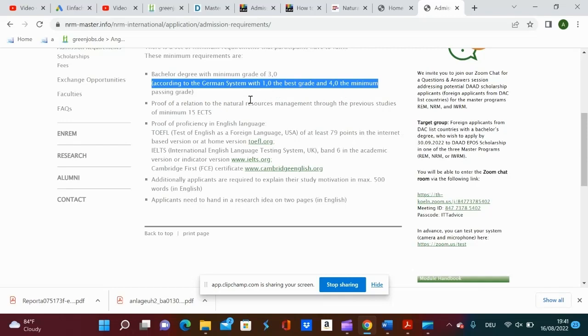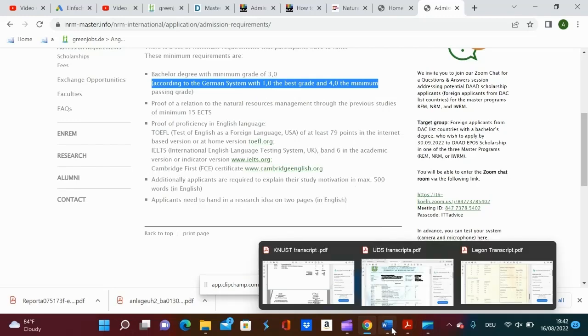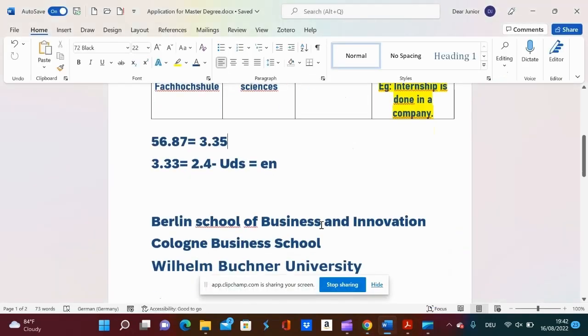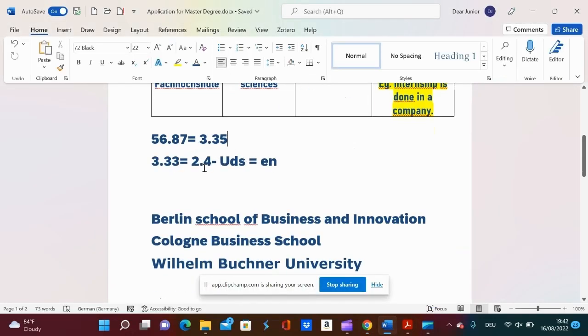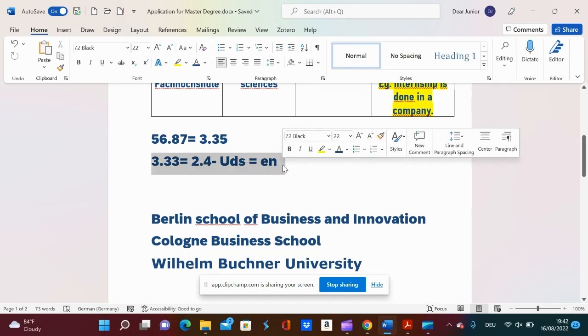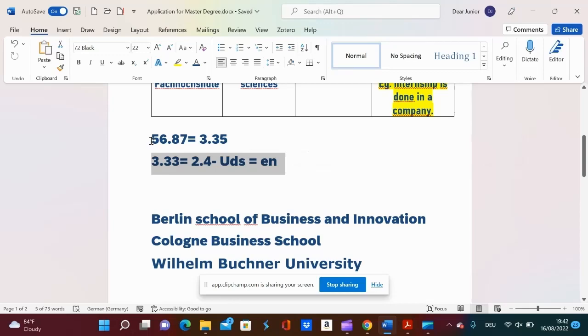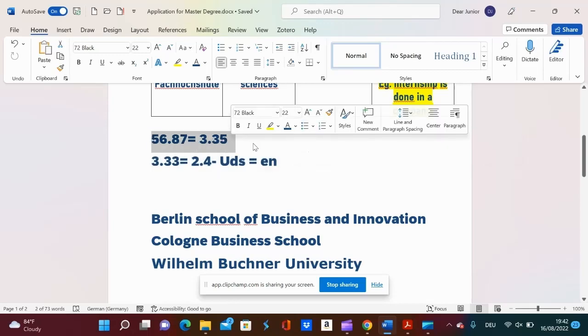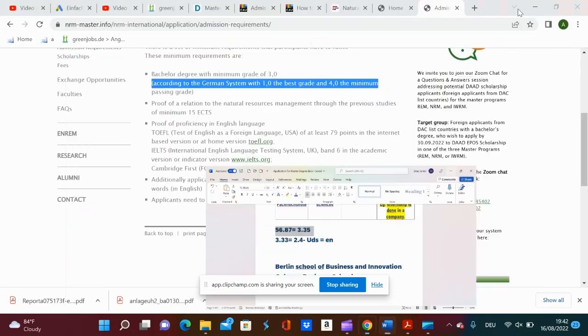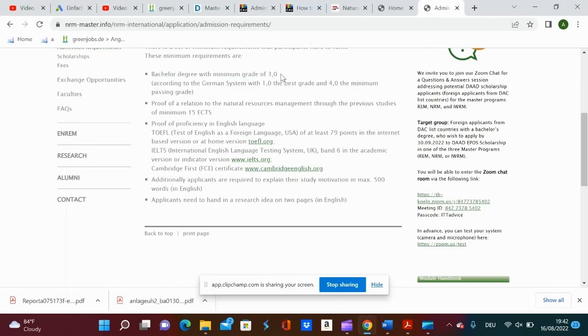Now the UDS person has 2.4, so this person can apply, but the KNUST person cannot apply because the cutoff point is 3.0.